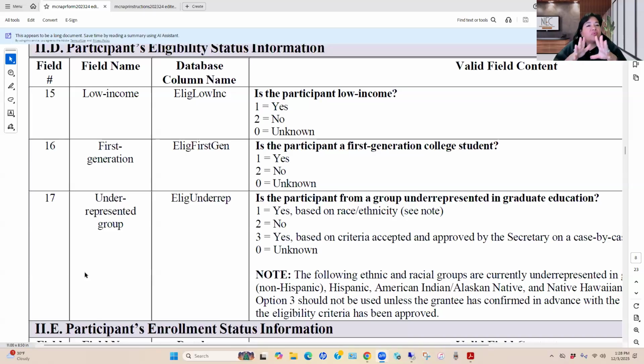But remember, right now we are sharing with you the official structure for the 23-24 APR, and we're using it as a guide to get us going right now. Right now is the time to get this report done as fast as you can. You should have all the answers to all the questions at this point. So don't wait for the APR to become live. Go ahead and do it now. And if you're going to take that mindset, then you're going to have to utilize basically the 23-24 instructions as is.